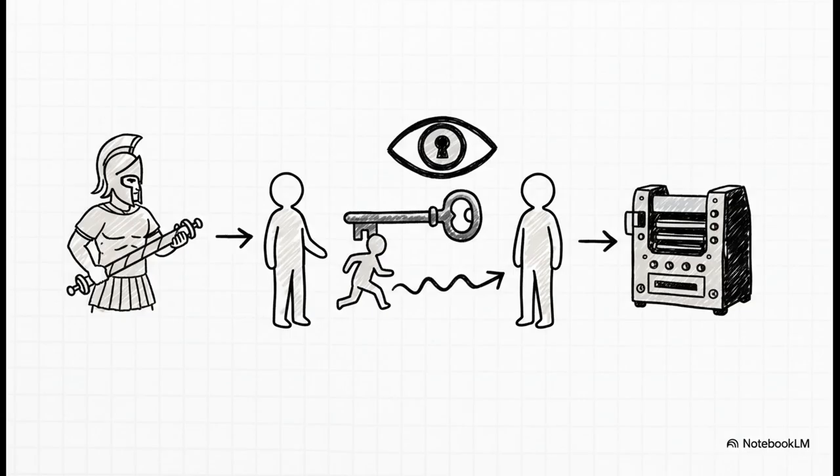Now, for basically all of human history, this idea would have sounded insane. You know, from the ancient Spartans all the way up to the famous Enigma machine in World War II, encryption was always symmetric. That just means you and your contact needed the exact same key to both lock and unlock a message. The massive glaring weakness? Well, you had to somehow get that key to the other person safely in the first place. This is famously known as the key exchange problem.